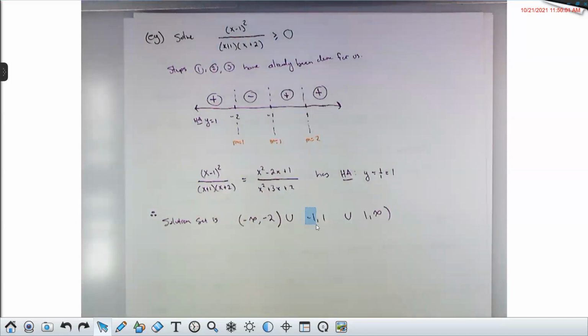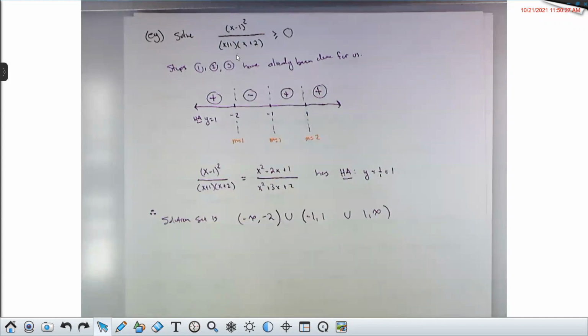What about the -1? Would that be a parentheses as well because -1 would make it 0 on the bottom? Good. So this factor downstairs is the factor that gave me the -1. And if I plug -1 into this thing, the bottom will be 0, so I cannot include -1.